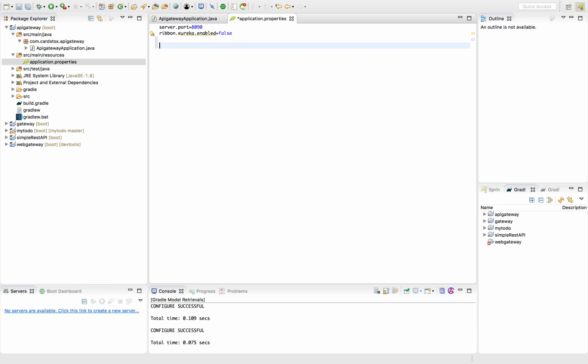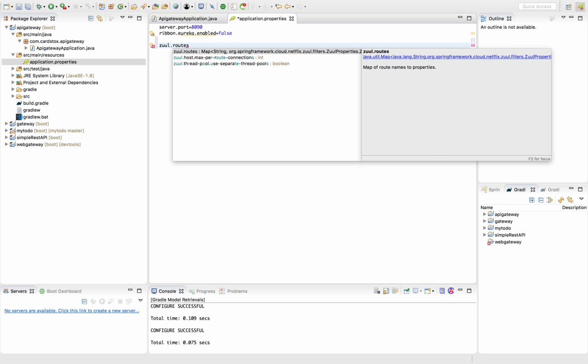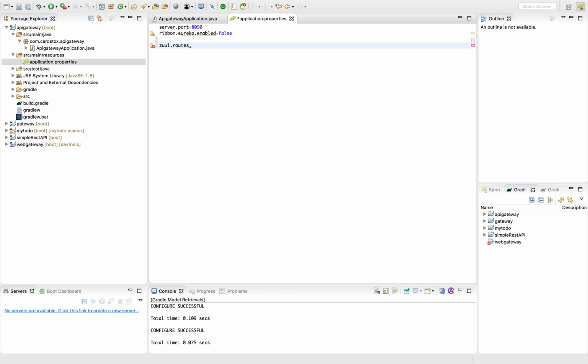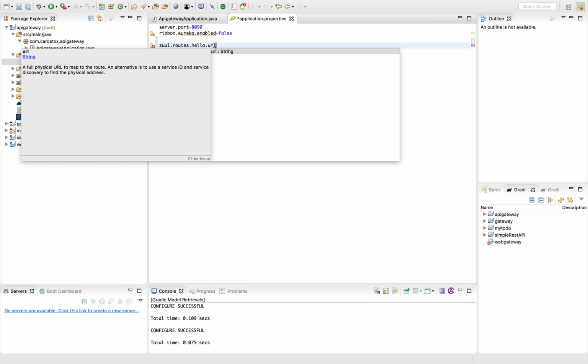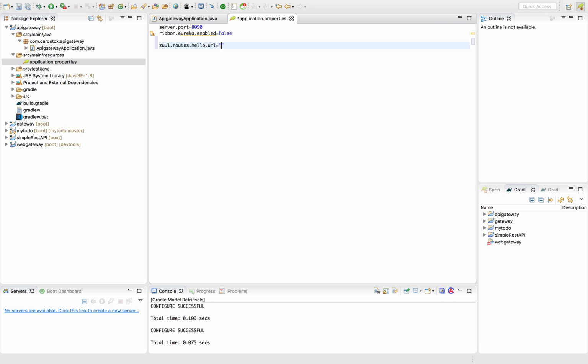There we go. So in order to create one, it's pretty simple. So Zool.routes. Let's say we made a microservice called hello. So we want to hit something called hello. And we'll say the URL is equal to http://localhost 8080